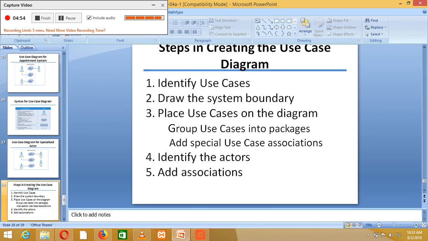The process of drawing is the same: identify use cases, draw above the system boundary,